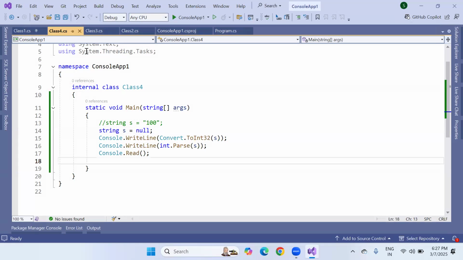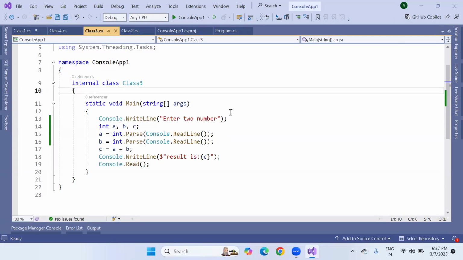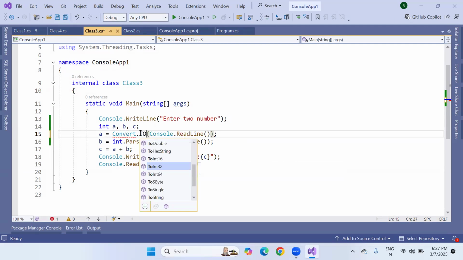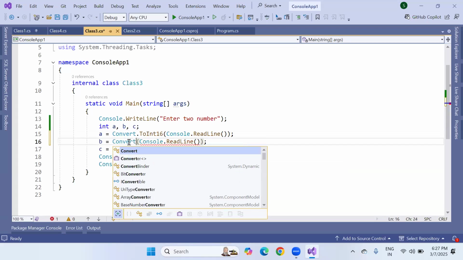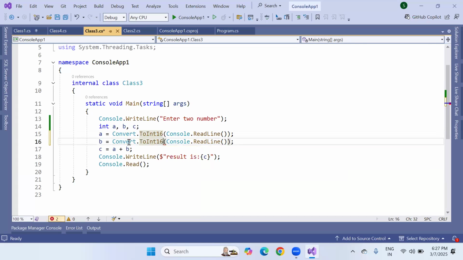Differences clearly here. Okay, so like this. But you can see previously I included in this program, class 3 program, apart from int.parse, we will go with the Convert.ToInt method back again, because I need to explain what Convert.ToInt16 means, what 32 means, what 64 means. So a equals Convert.ToInt16 I'm taking, based upon your input values. Now we need to run